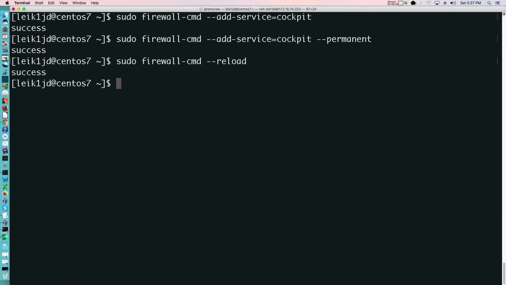All right. So I'm going to minimize the terminal window,